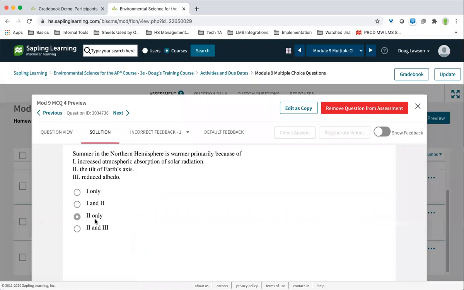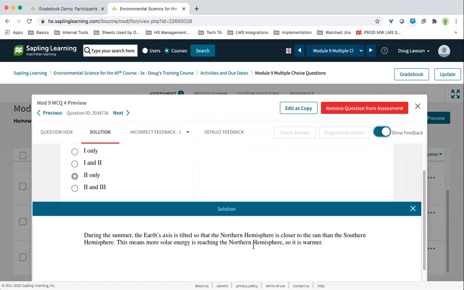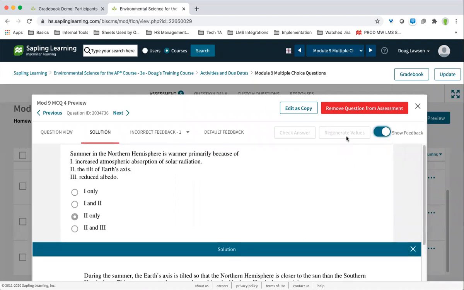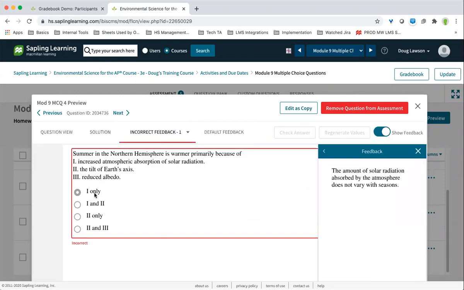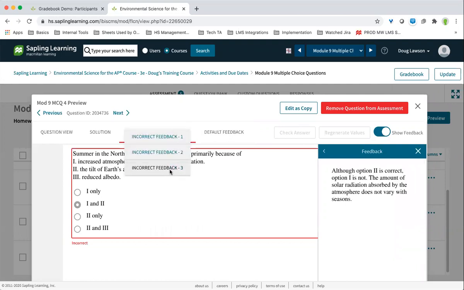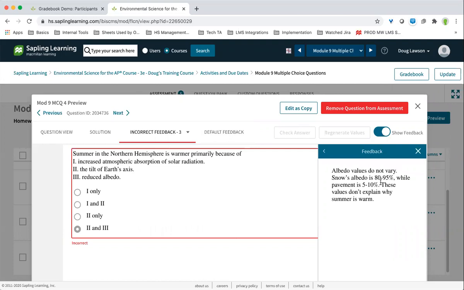So I can see that's the correct answer. I can turn on the feedback and see the solution down below. But I can also look to see what are all of the corrective feedbacks for each of the incorrect answers. So I can see that's the feedback if they chose that one. That's the feedback for that one. And that's the feedback for that one. So you can very quickly evaluate all parts of the question from here and decide if you want to use